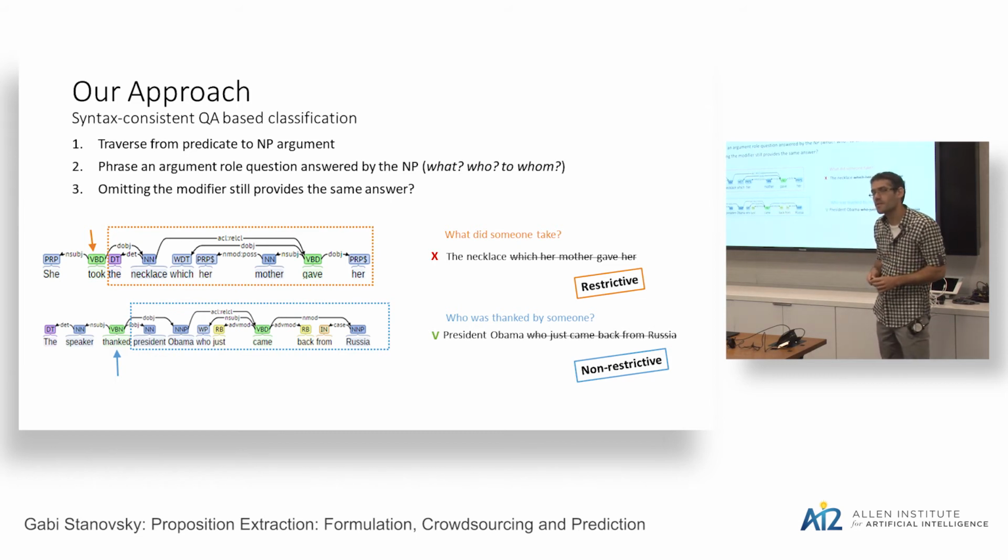If I were to talk to my wife and I said, she took the necklace which her mother gave her, versus she took the gold necklace which her mother gave her, it would be something completely different in this framework, because me and my wife know that the gold necklace is that specific thing already. I agree that there's a lot of subtleties. But the talker wouldn't know that. Right, but you don't deal. But this is a lot of